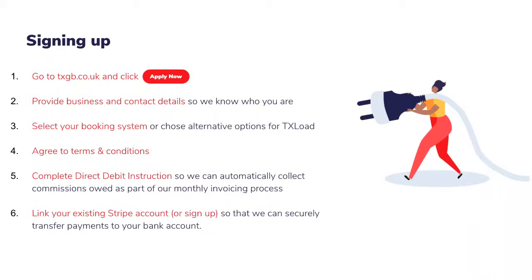So how do you sign up? Txgb.co.uk is where you can access our online registration wizard. The registration process is such that we just ask for your contact details, ask you to agree to our terms and a direct debit instruction, as I mentioned before, and of course, because we need to be able to handle that secure payment of